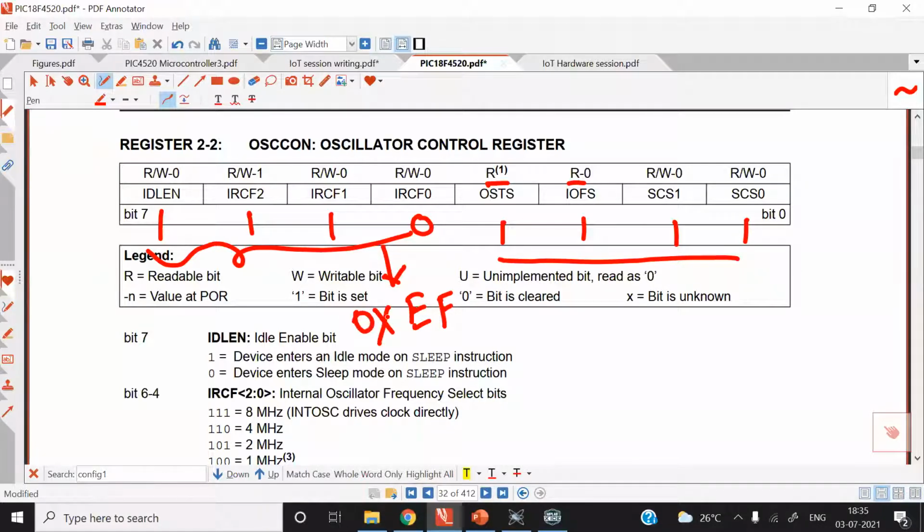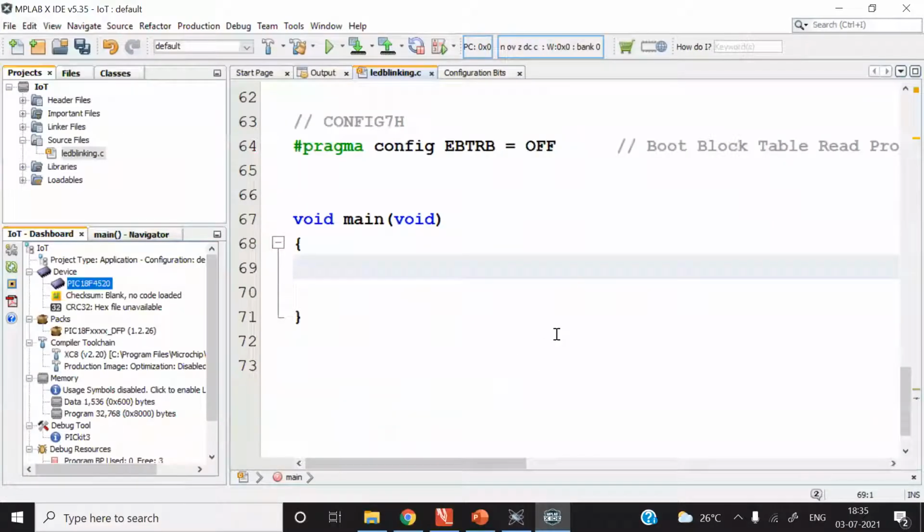So 0xEF. OSCCON is equal to 0xEF. You can write a comment here.